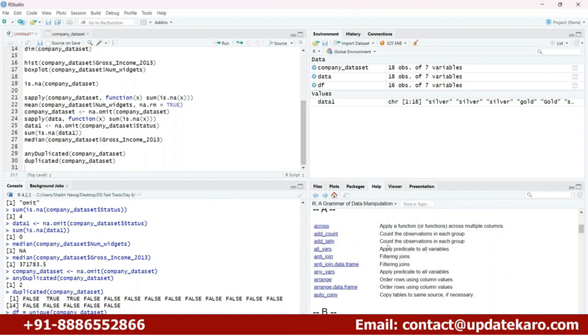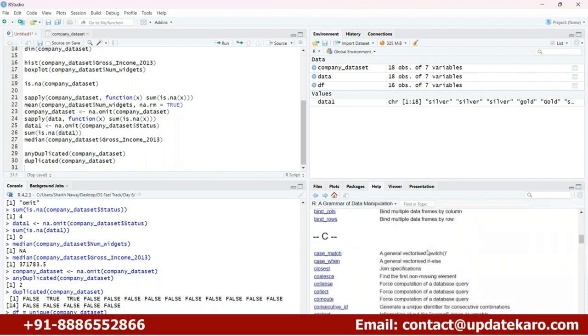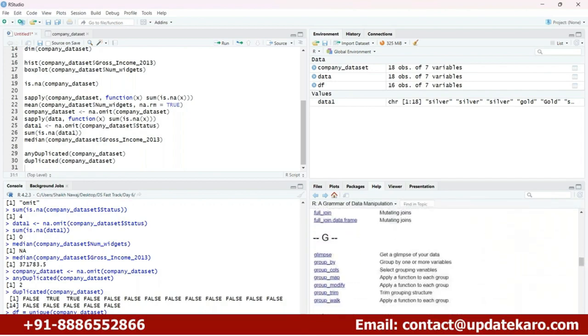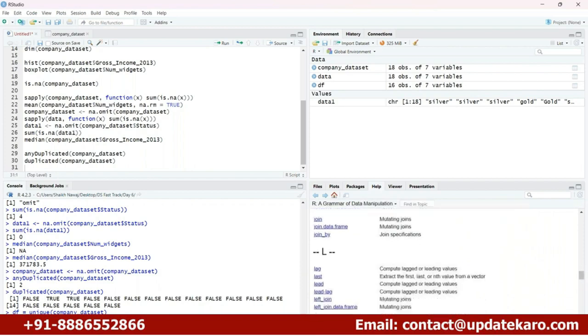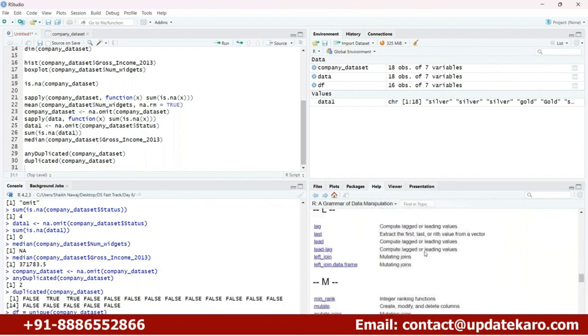You can count the observations in each group. Then you can do filtering as well, and filtering joins as well. Then you can sort your data as well. Likewise you can do multiple things. If you want to explore more about the dplyr library, you can simply go ahead and check this. Now